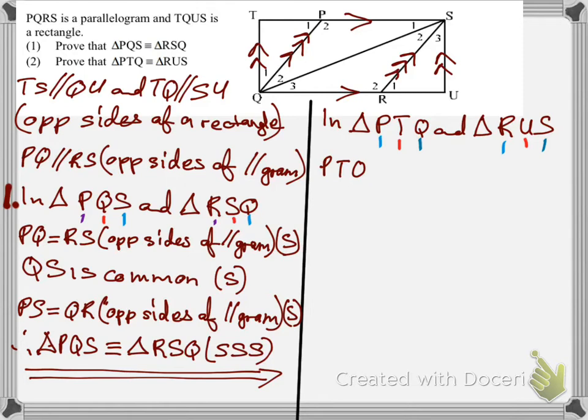So if you say PT, you must know that it's going to be RU. If you say TQ, it's going to be US. They will correspond in that order. So already when they ask you this question, they have given you clues. So you make use of that. So we can say here,